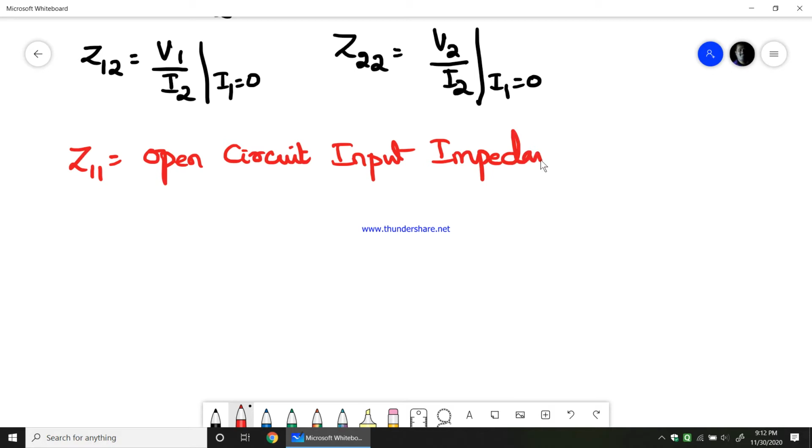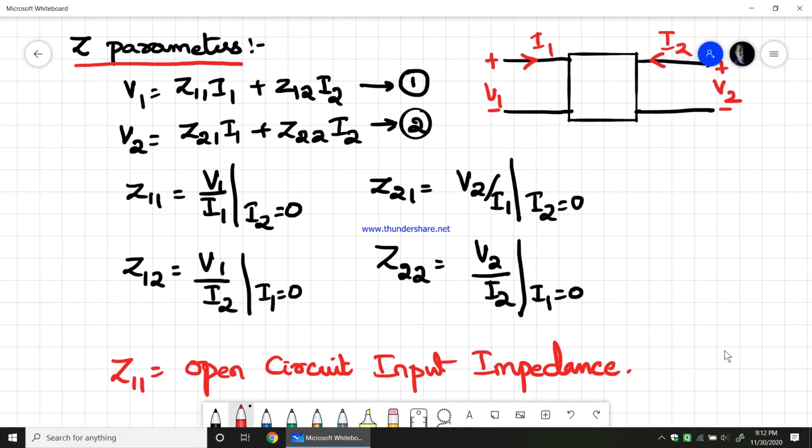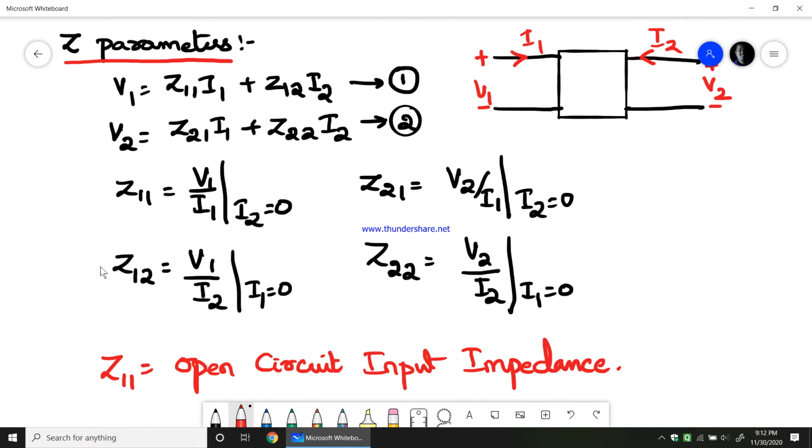Z11 is open circuit input impedance. Why open circuit? Because we find all these Z parameters either by keeping port 1 open or by keeping port 2 open. Whenever I2 is 0, port 2 will be open. Whenever I1 is 0, port 1 will be open. Therefore, you are creating an open circuit across the input and output port to find all these four parameters,